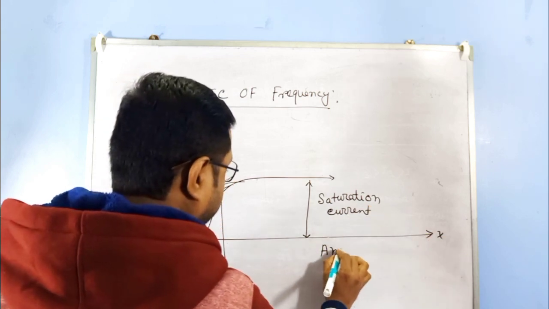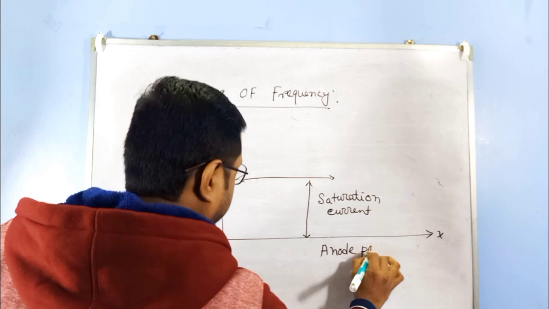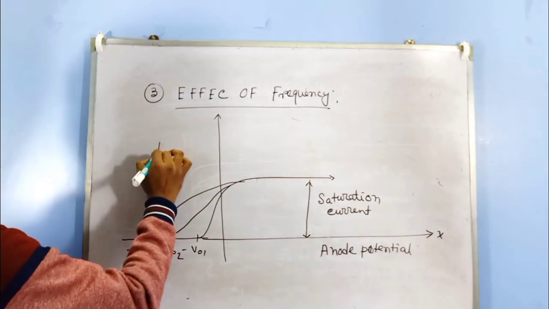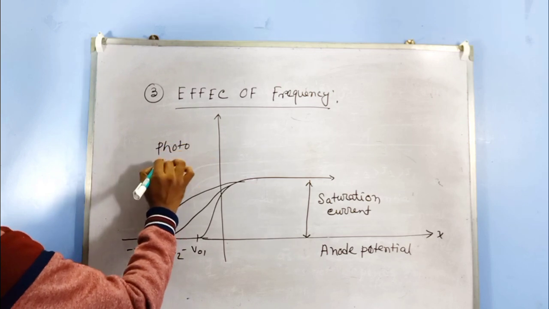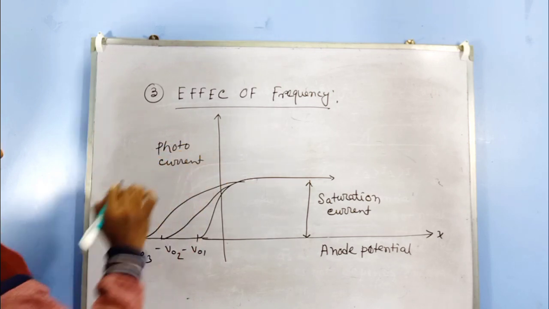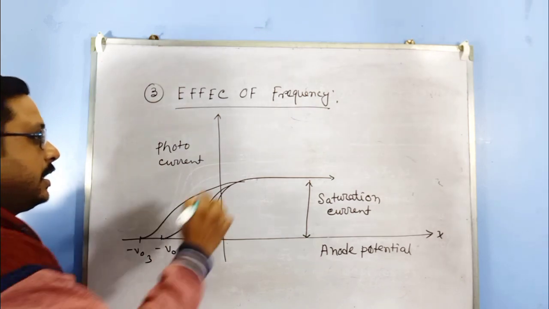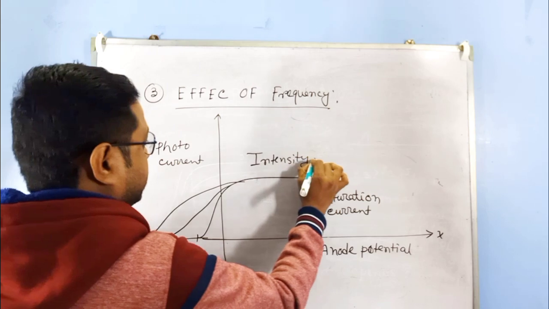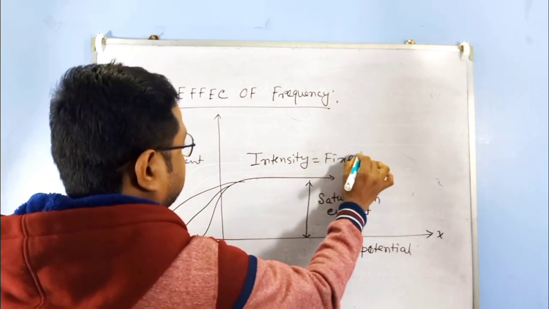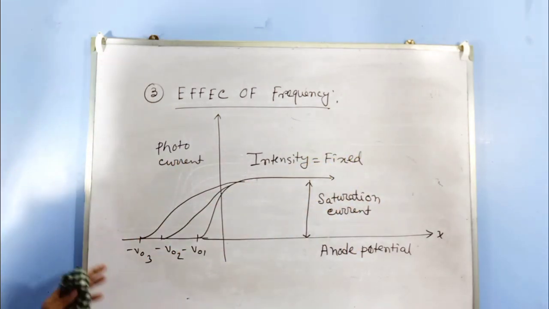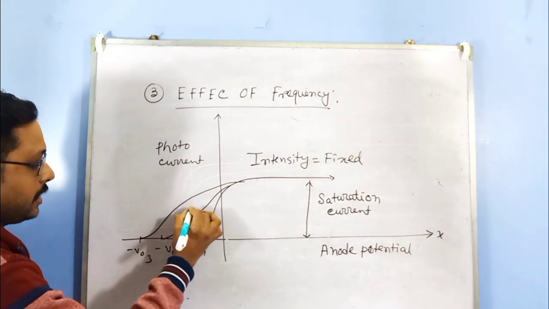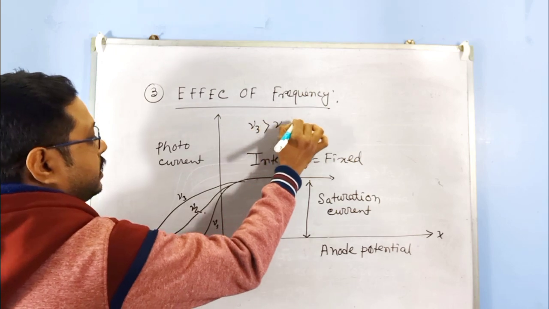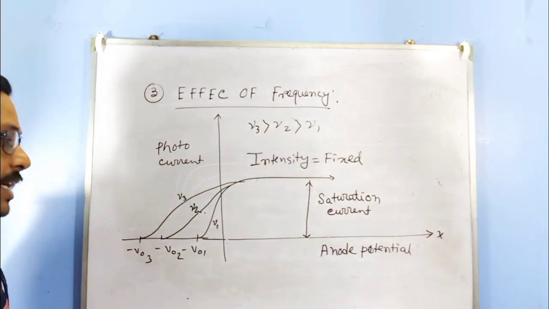It is anode potential and photocurrent. So, intensity here is fixed. For a fixed intensity, if we adjust it so that the saturation current is the same for three different frequencies nu1, nu2 and nu3, where nu3 is greater than nu2 and nu2 is greater than nu1, then we say that